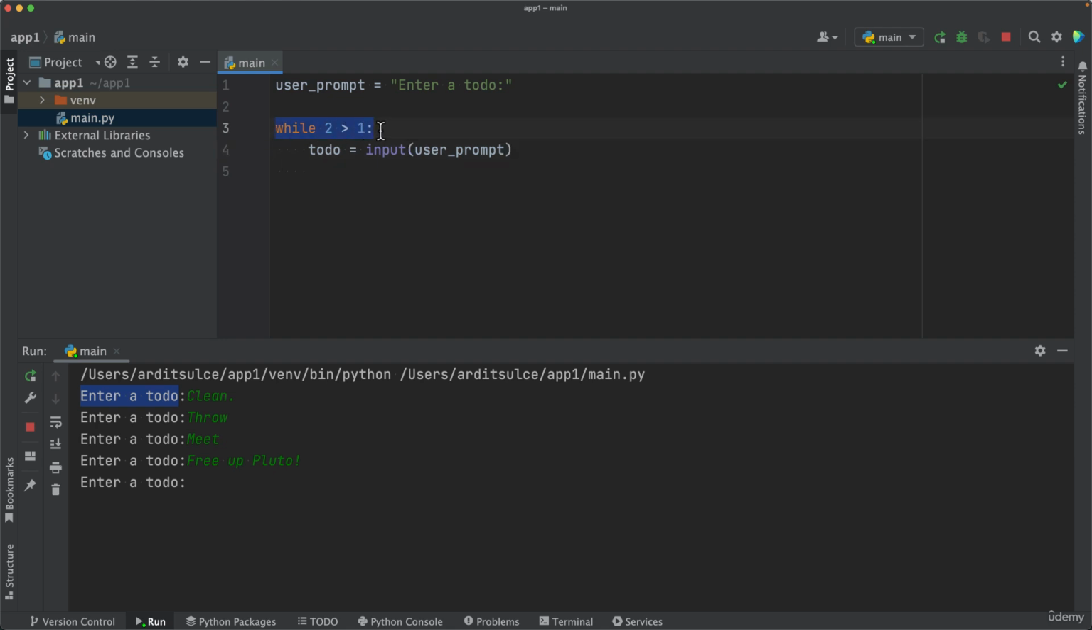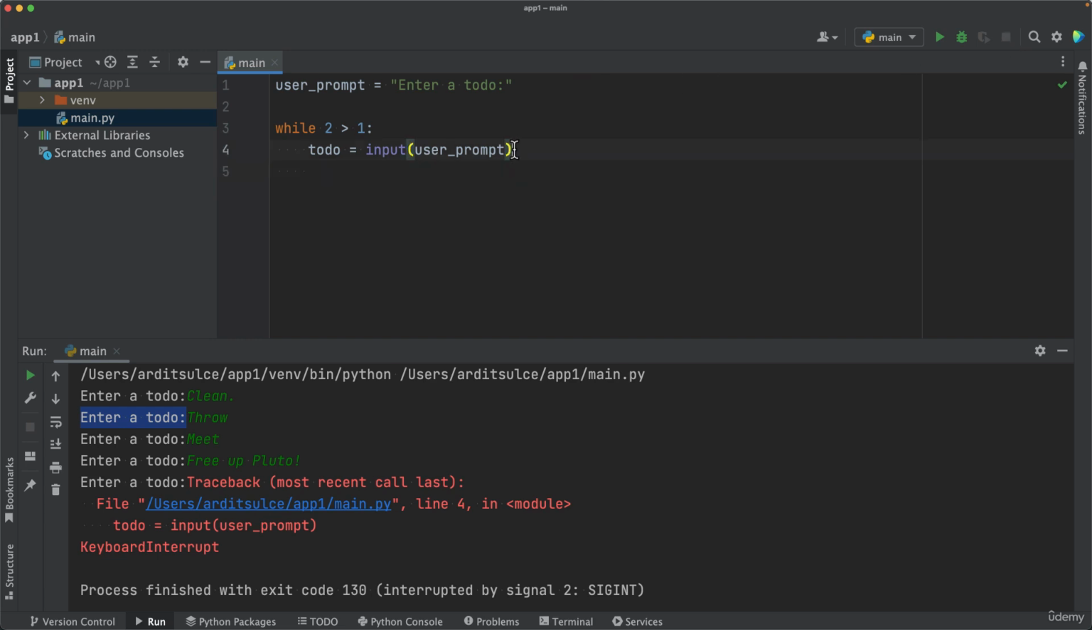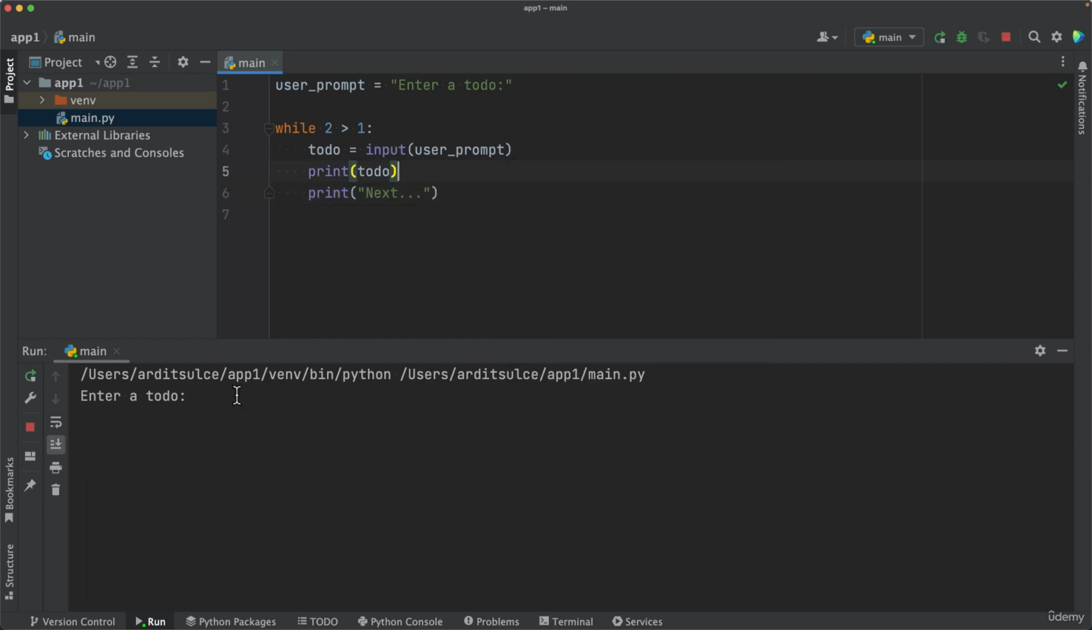Again, it checks if 2 is greater than 1. So it checks this condition. 2 is greater than 1, so it executes that line again. Enter a to-do. To understand this better, you can stop the program. Use this button to stop it. And then you can print out the to-do. And maybe print out next, like that, and execute. So enter a to-do, clean. So you see that